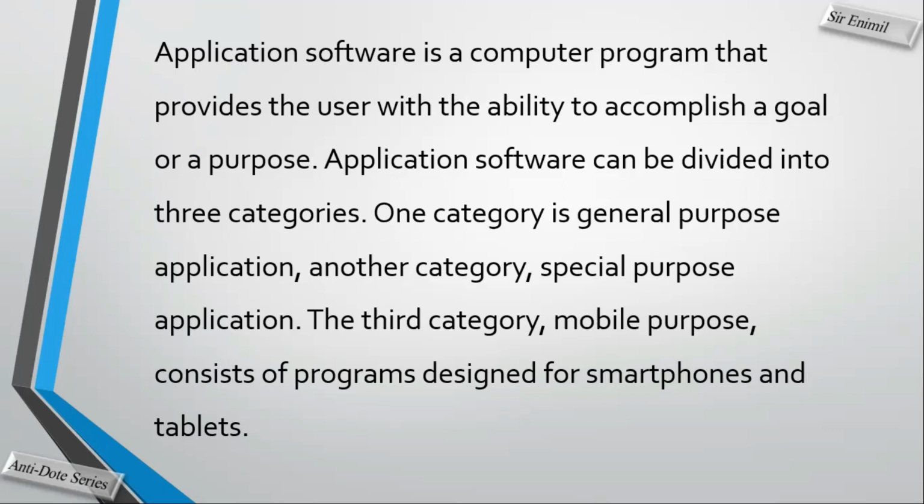Application software has everything to do with the end user, that is yourself and me. We use application software. It is developed by software developers, software engineers, or computer programmers. These people develop application software for users to use, and it helps users to accomplish a goal or to achieve a task. These tasks can be special purpose or general purpose. If it's general purpose, then there is an application software to help you do that. If it's special purpose, then there's an application software to help you do that. These are the two types of application software.